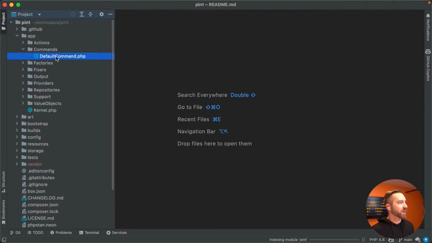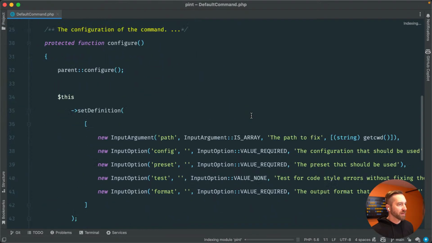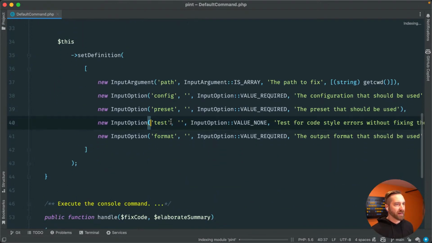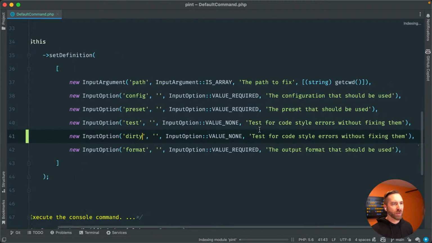All right, let's go into the default command and let's add an input option. And this will be dirty. And we'll do, what should we do here? Test the output format. We'll say something like